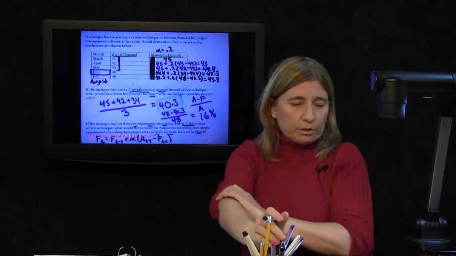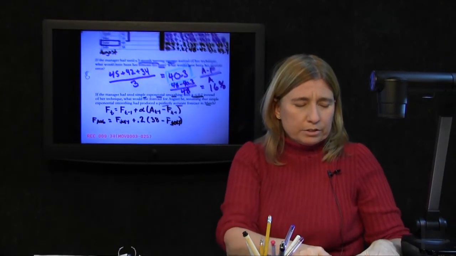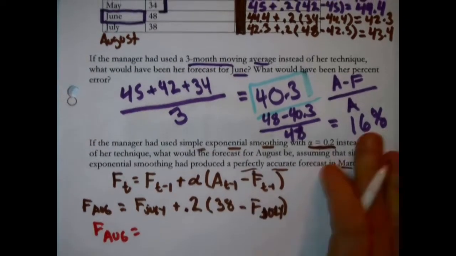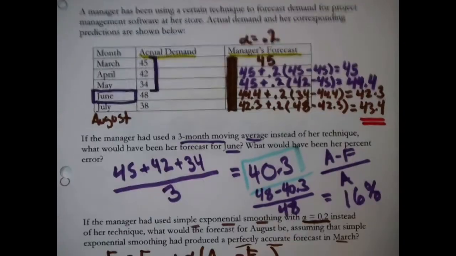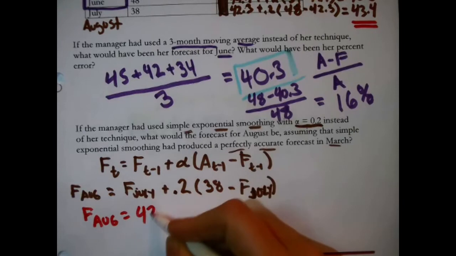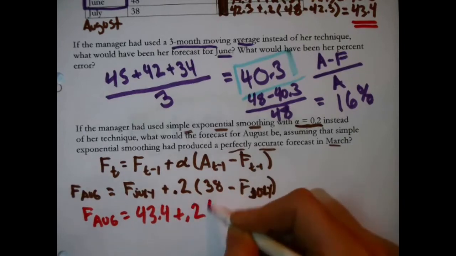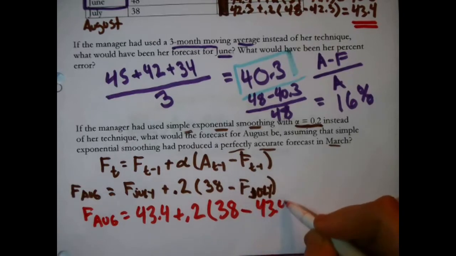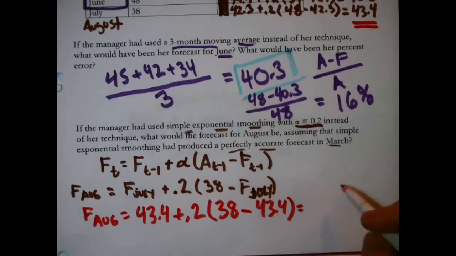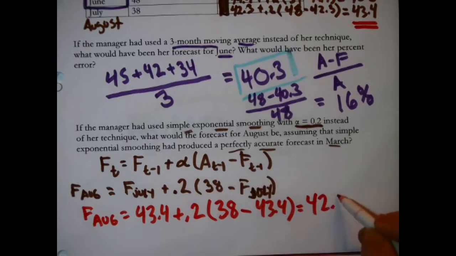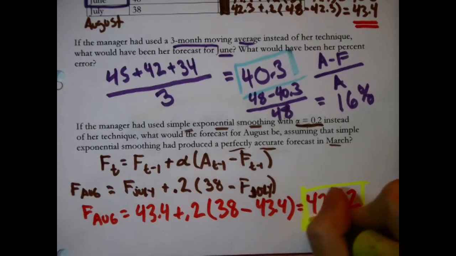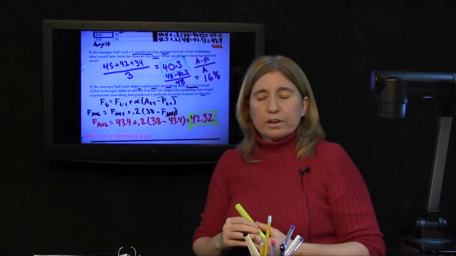Now we're ready to actually answer the question, because going back to the original question, the forecast for August, now we have the forecast for July, 43.4. That's where it belongs, right here, 43.4 plus 0.2 times, now 38, we had that actual this whole time, minus 43.4 again, the forecast for July, equals 42.32. There, that's the answer. Using simple exponential smoothing with an alpha of 0.2, the forecast for August should be